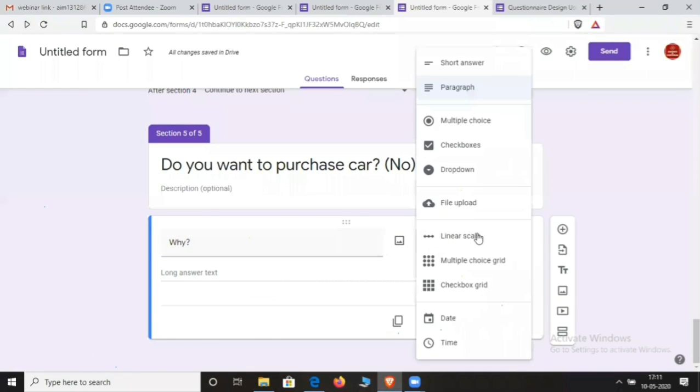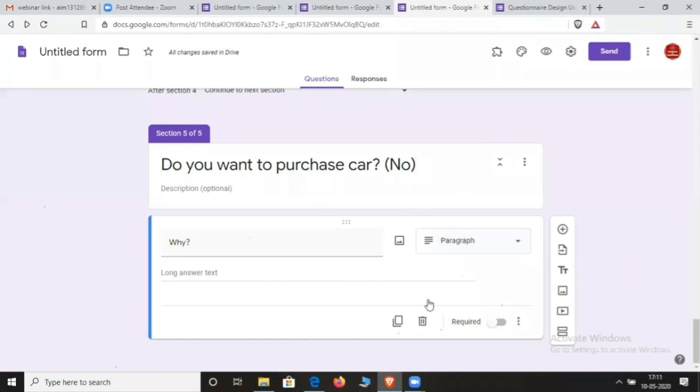Okay, and you can give them a paragraph to write the answer. So this is the way to add conditional questions into Google Forms. I hope all of you understood this very well. Okay, now let me show you the preview.